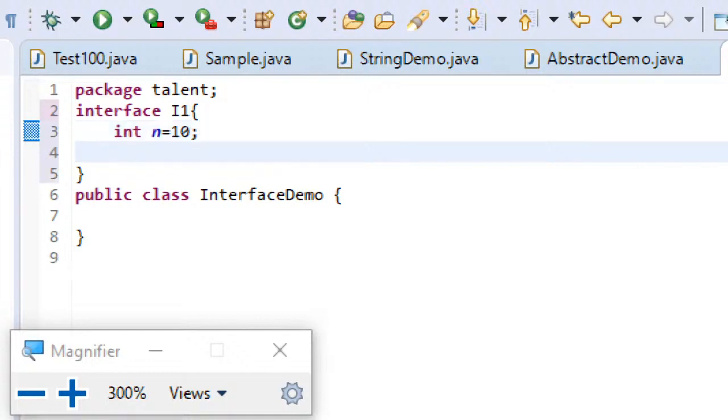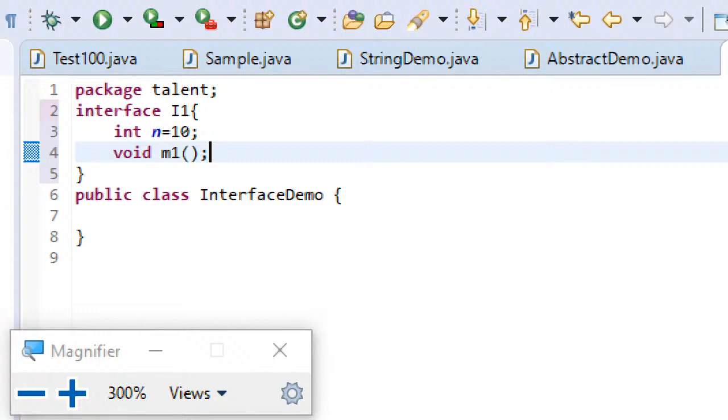Now another thing, void m1. Observe this, void m1. In the earlier case, when I had written something like this, I used to use the keyword abstract before the method, because I cannot have a method with a return type and ended with a semicolon, because when you have a return type you should provide a body for it. If you are ending with a semicolon, you should not have a return type, meaning that you are calling the method.